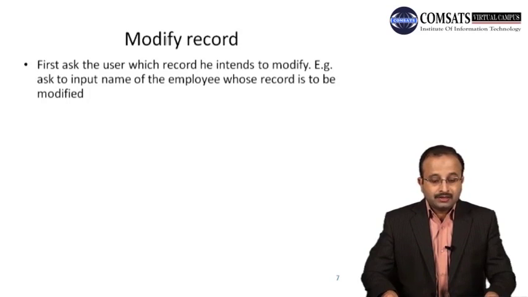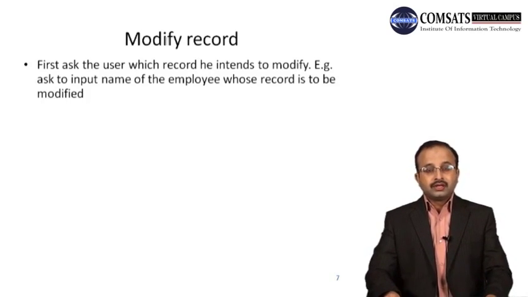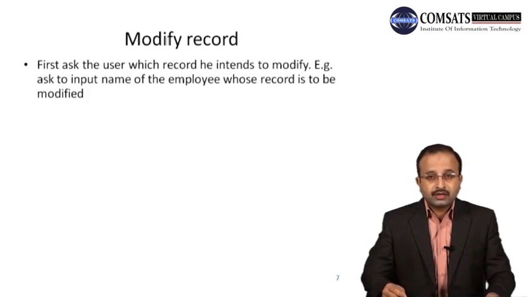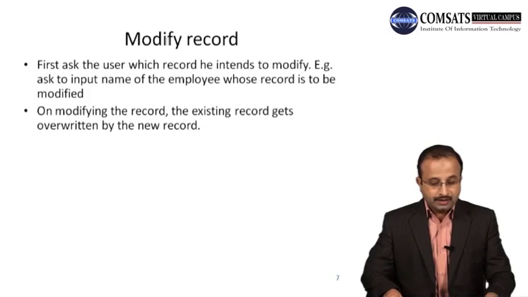So for example, the program asks to input the name of the employee whose record is to be modified. Enter the name of the employee or student whose record is to be modified. And the user enters the name, then it starts reading the record from